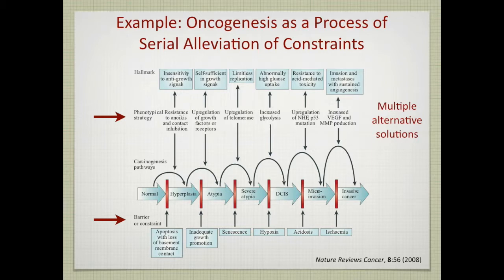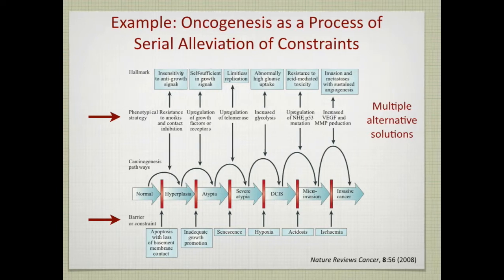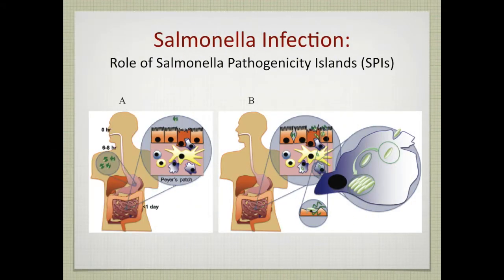You can look at other processes of interest to you. For instance, salmonella infection. So salmonella has to overcome many constraints to successfully infect the host. And some of them are illustrated here. It has to get into the host, it has to survive going through the stomach, it has to adhere to the lining of the gut, it has to cross the epithelial layer. If engulfed by a macrophage, it has to avoid being